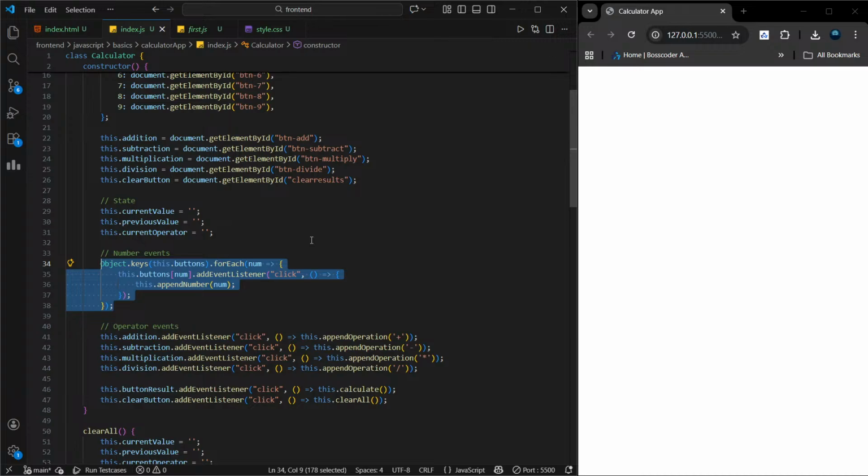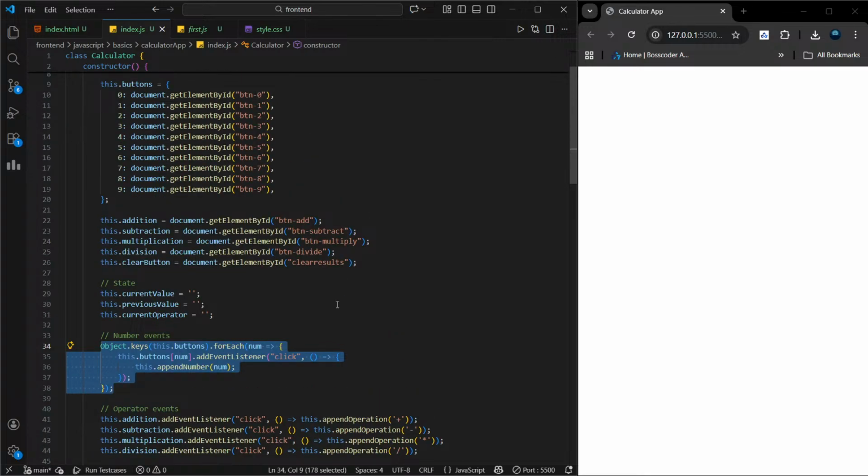बट ये जो ऑब्जेक्ट है वो किसका ऑब्जेक्ट है? लाइक वो कीवर्ड है क्या Object.keys? ये मैपिंग लग रहा है मुझे। हाँ बिल्कुल, Object.keys जावास्क्रिप्ट का एक बिल्ट इन मेथड है जो तुम्हें किसी ऑब्जेक्ट की सारी कीज देता है। यहाँ this.buttons एक ऑब्जेक्ट है जहाँ कीज तुम्हारे बटन आईडी जैसे 0, 1, 2 हैं। तो Object.keys उन सभी कीज को एक एरे में दे देता है जिस पर तुम लूप चला सकते हो। ओके।